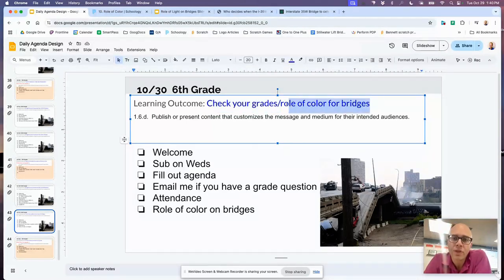B, our assignment today is the role of color for bridges. A lot of times when a bridge is constructed, especially currently, they add LED lighting that can be changed to different colors. So if you think of colors for Halloween, maybe purple and orange and black, that might be an example of some Halloween colors that you can make a bridge. Now,